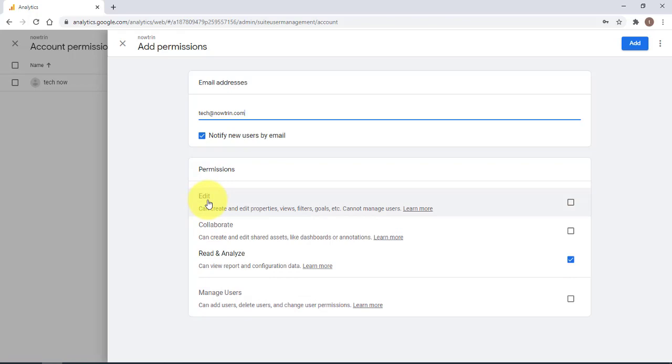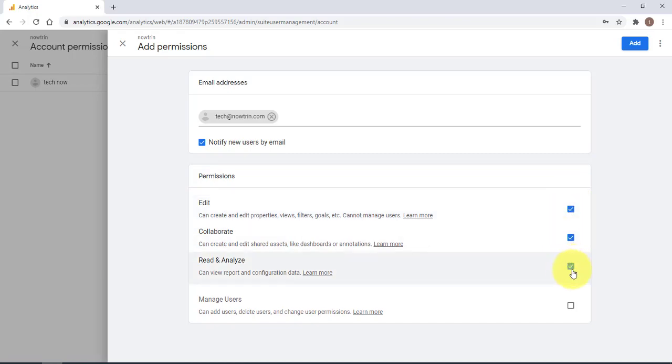So what I do, I click on Edit, and under Edit, the person can create and edit properties, views, filters, goals, etc. And the person cannot manage users. I will click on Edit, and when I click on Edit, all three are selected. Now whatever permissions you have selected here, when you are done, you want to click on Add,